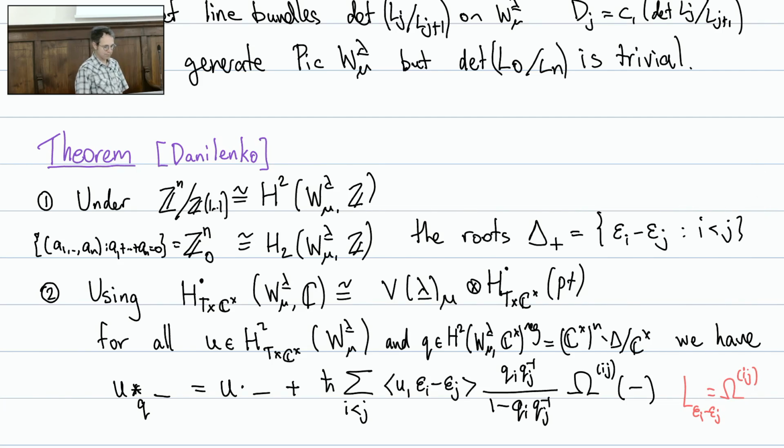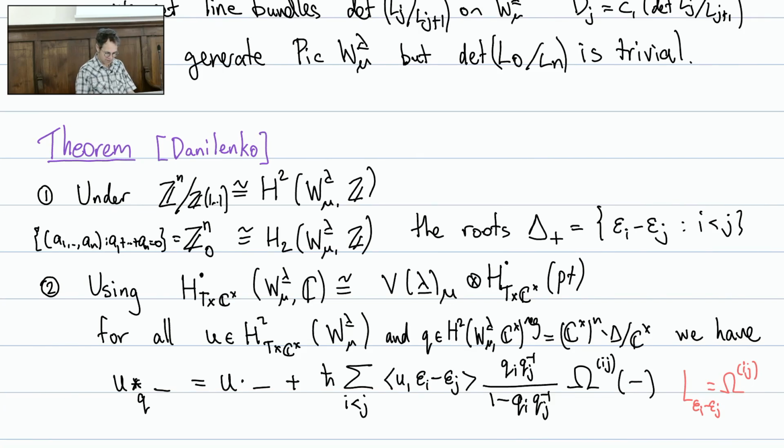Second part of the theorem, we need to identify the quantum multiplication by divisor. And as in the Maulik-Okounkov theorem, the first step is to just identify what those operators are. So we're supposed to have one operator for each root, this L operator, one for each root. So here's the theorem. It tells us quantum multiplication by divisor equals classical multiplication plus H times this pairing